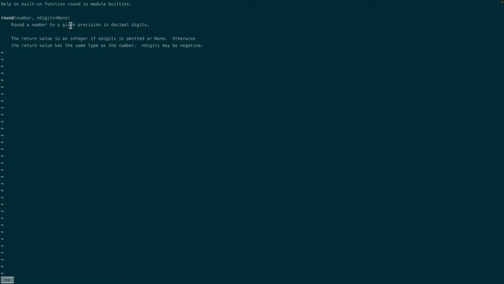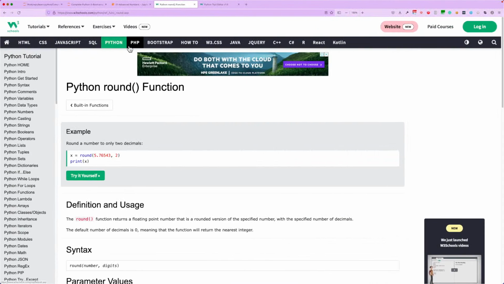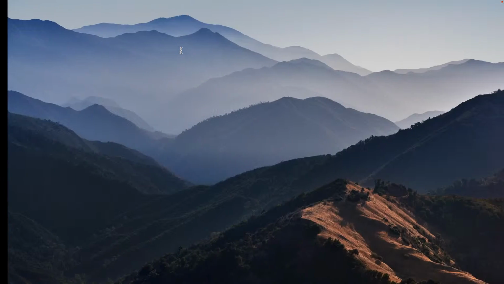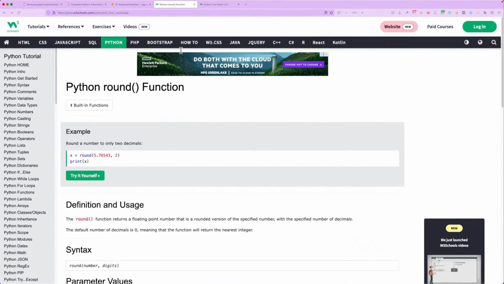Round a number to a given value is an integer if n digit is omitted or none. Integer if the n digits is omitted. Okay. N value